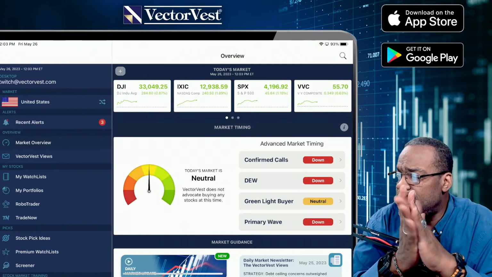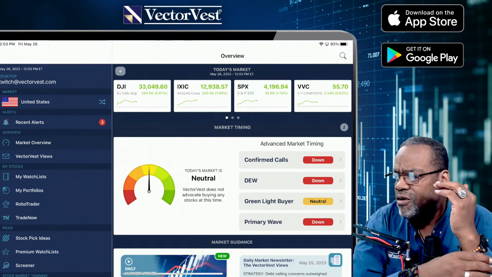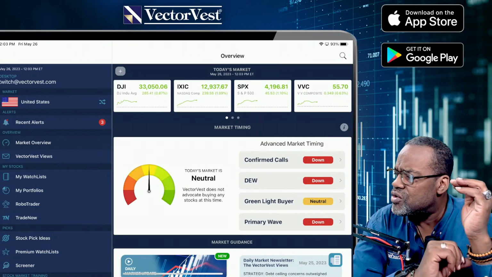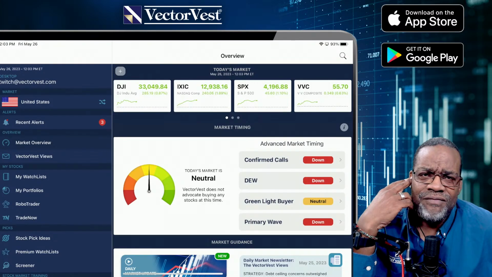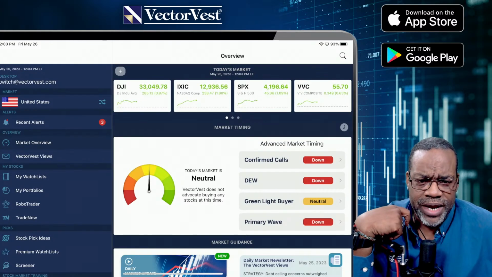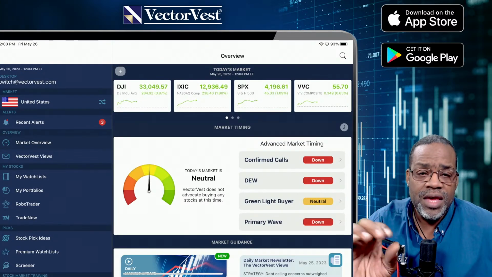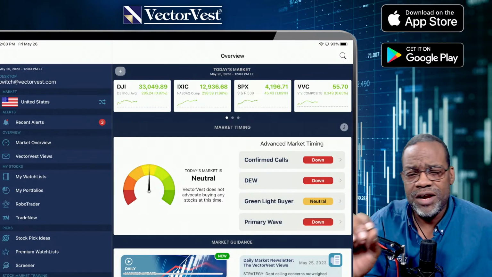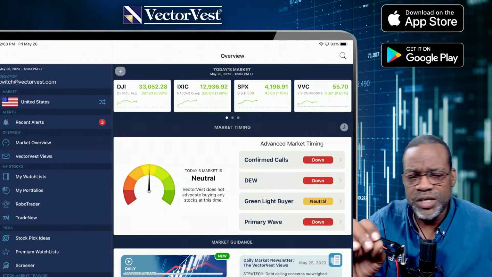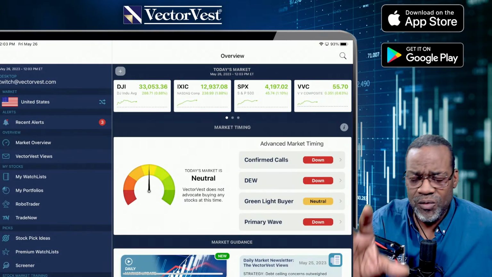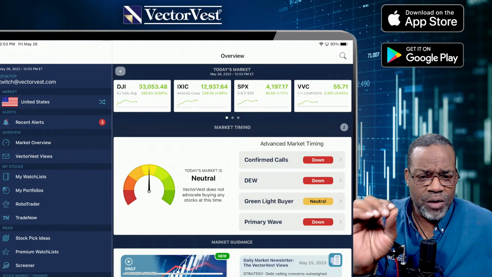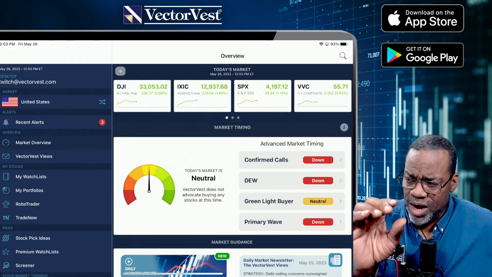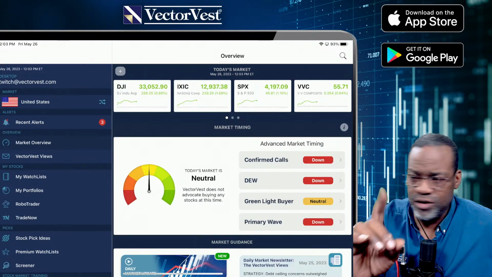Can you show me some indicators to add on FinTalk and Yahoo? When you say indicators, we have the indicators that are only germane to VectorVest. That should be enough to help you. But do we have technical indicators like moving averages? Absolutely. Support and resistance. We have a lot of different technical indicators that you can add to a graph. So depending on what you're looking for, I can add some indicators to help you to do that.